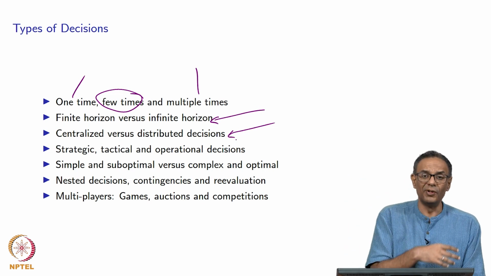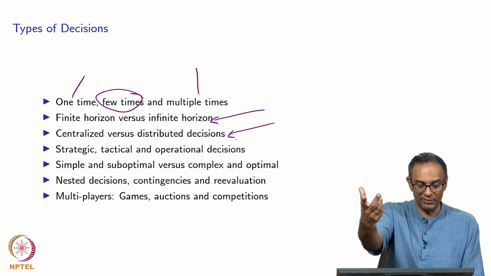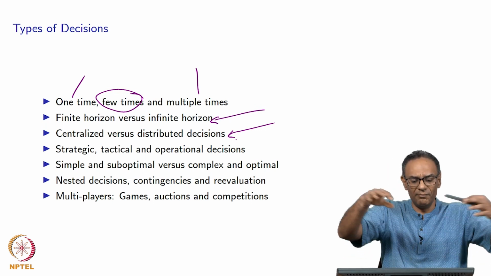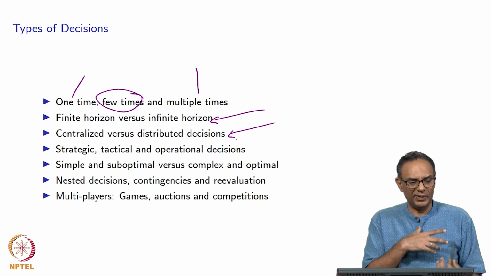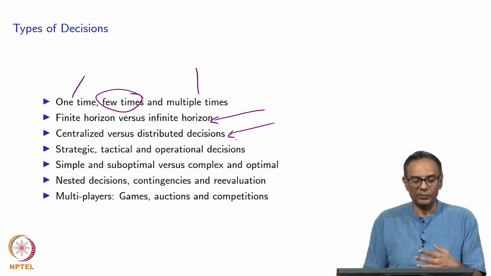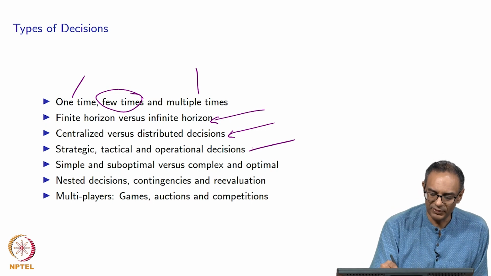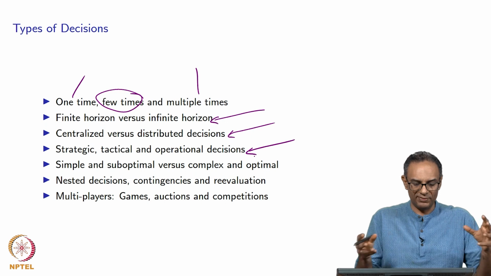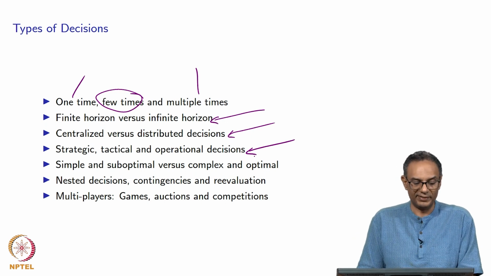Now many times you don't have enough information to make distributed decisions at the central level. However, the centralized decisions tend to be on a company-wide level, generally more optimal. Now there are trade-offs, and we want to think about how one can go about doing things like that. Now another aspect that is important and somewhat related to centralized and distributed is space-related, time-oriented would be strategic, tactical, and operational decisions.